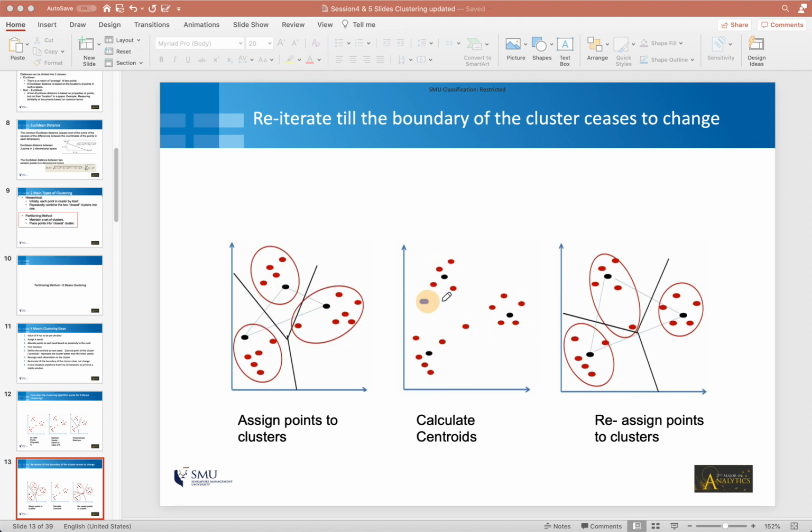So in this step, we have found the new centers, and then we are going to repeat, or iterate, our initial steps. We will reassign points to clusters just like we had done before, and we are going to continue to do that till there is no more change in the clusters. In other words, when from step n to n plus 1 you see that there is no movement of observations across clusters, that's when you stop iterating. That is when you say that this is my clustering solution.